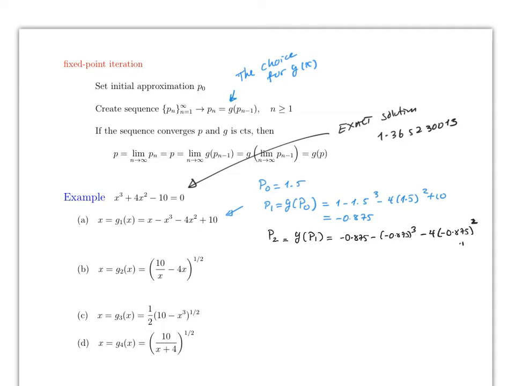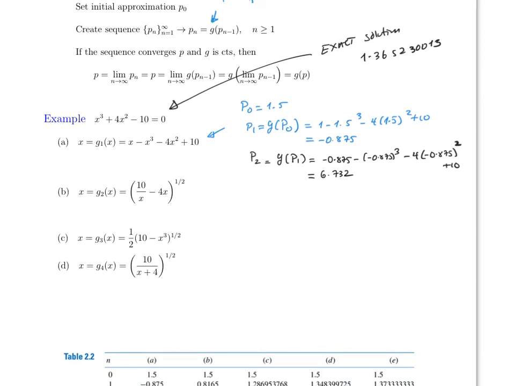Okay, this is a square plus 10, and the answer to this is 6.732, which you can see is now completely off from the exact solution. So clearly this is not your best bet to solve this problem. Now I'm just going to show you how we got the rest, but you're going to repeat this process